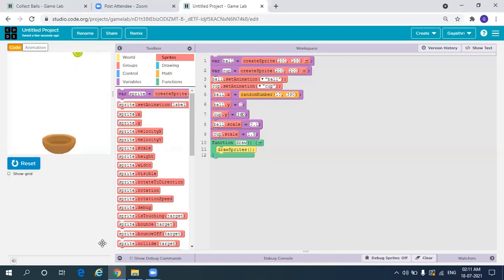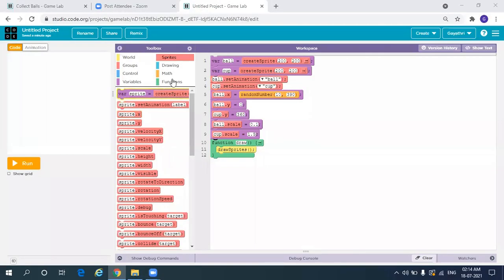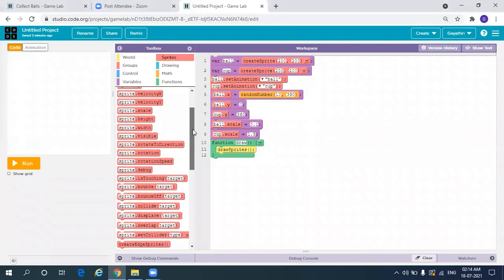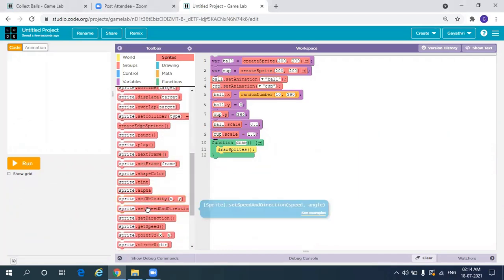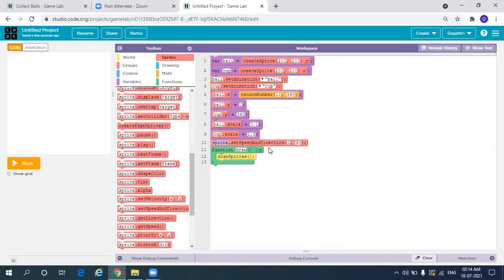We need to drop the ball down. From the sprite, scroll down and select set speed and direction and drop it here. So direction is 90 degrees in the sense that it will drop vertically down, and one is the speed. We do not want speed to be constant always.